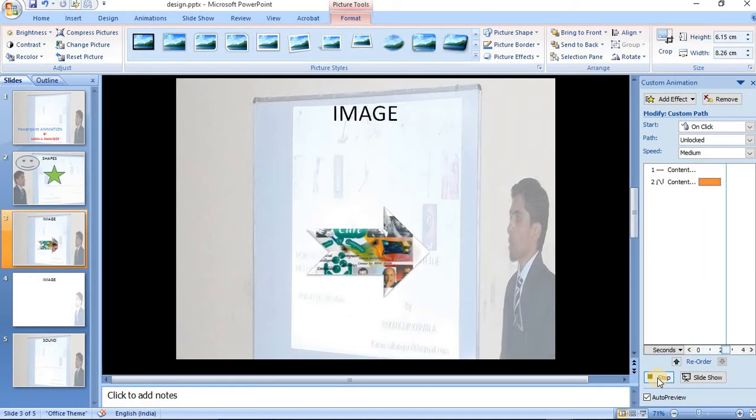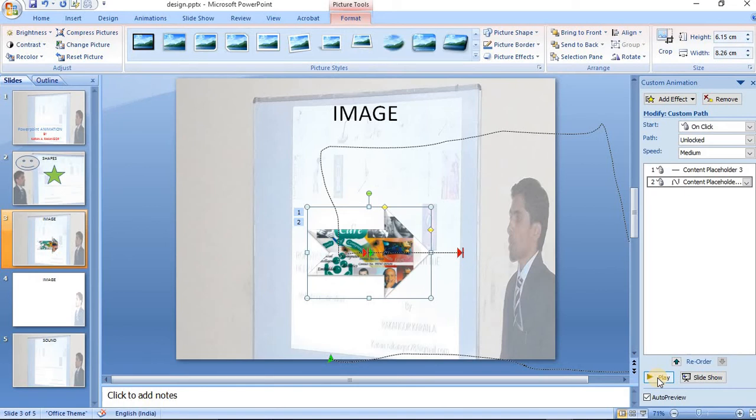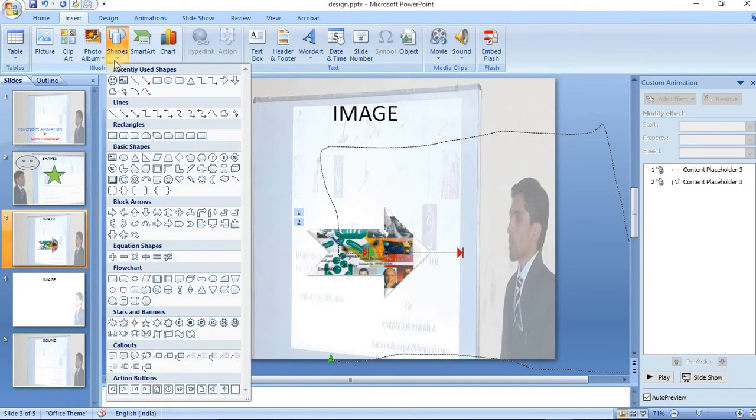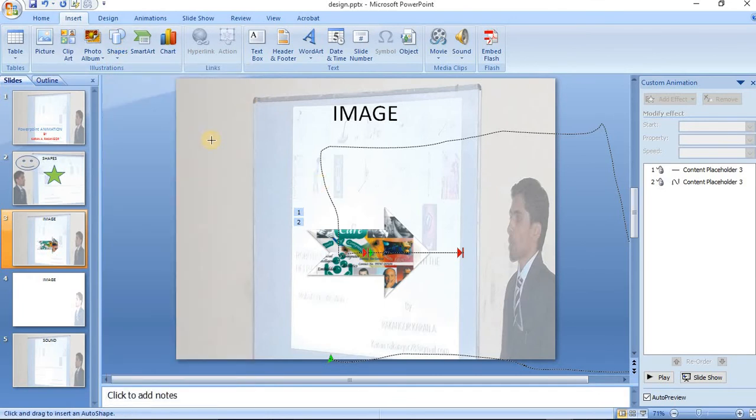Same way you can add any of the shapes from insert shapes. You are adding the shapes. Now I am just selecting this shape from the format menu.